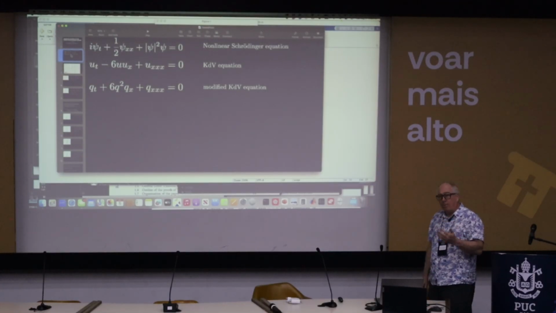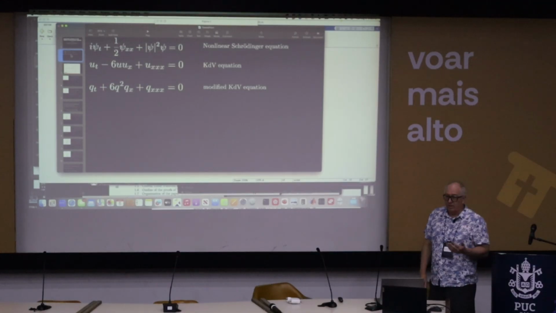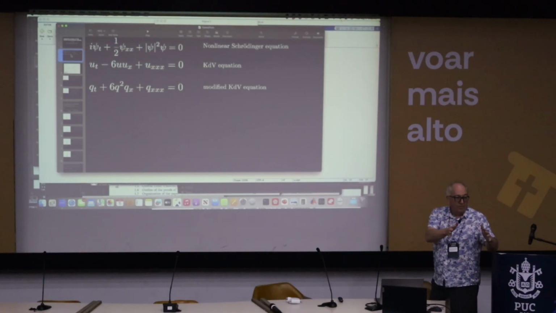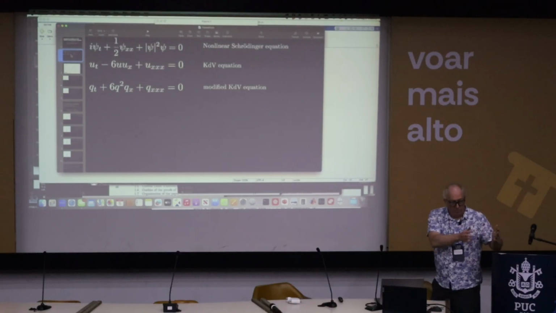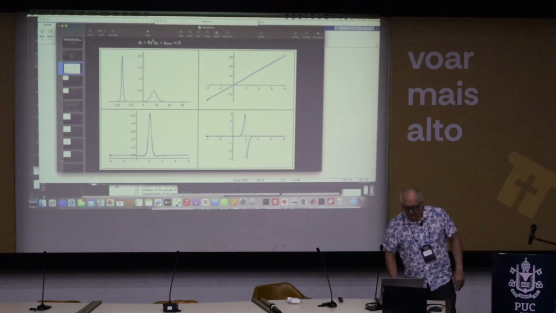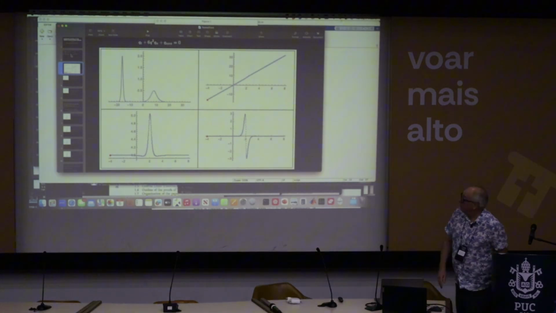So we all probably know what a single soliton solution is. We saw them in Andre's talk. A simple kind of exponentially decaying mode which propagates without changing its shape down the spatial axis. Okay, but what I want to talk about is actually multisoliton solutions.